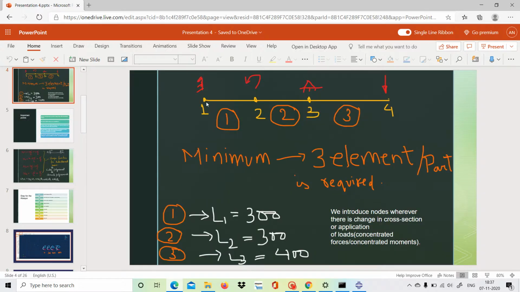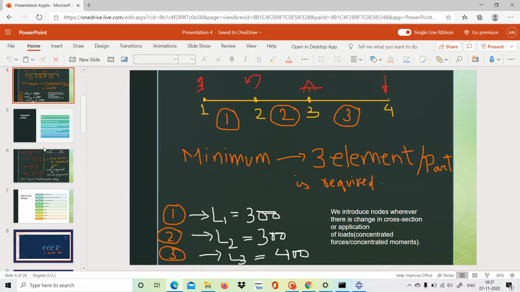So nodes 1, 2, 3, 4. 4 nodes we have chosen. Why we have chosen 4 nodes? Because one left end was fixed end or fixed support. At node 2 a concentrated moment is acting, node 3 is a hinge support, and node 4 has a concentrated moment.